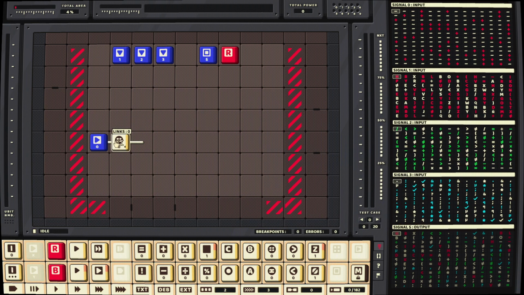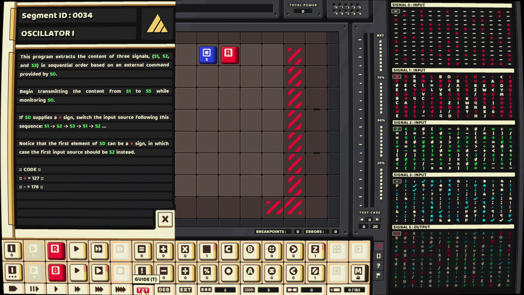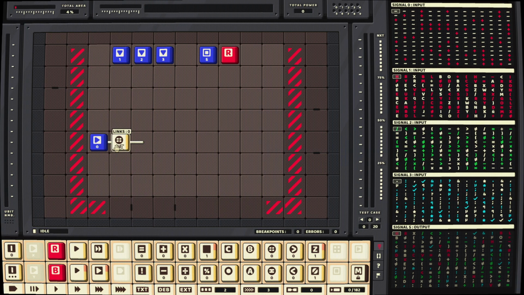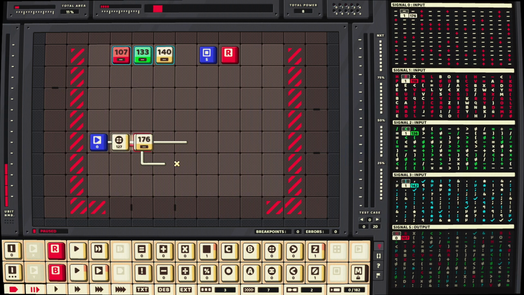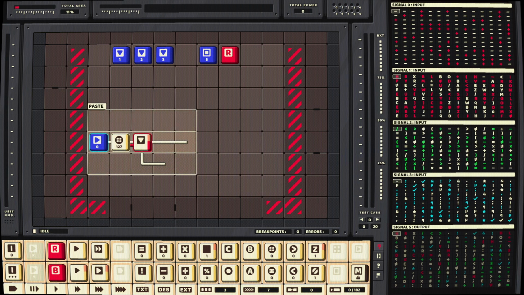Detects something equal to... Plus is 127, right? If it detects something equal to 127, let's say it then sends it down. So minus will just go forward, I think. Yeah, minus just goes forward, the plus will go down, and I guess I might need to move this to